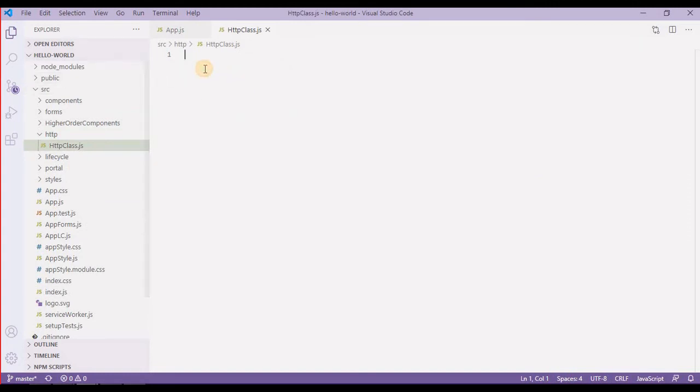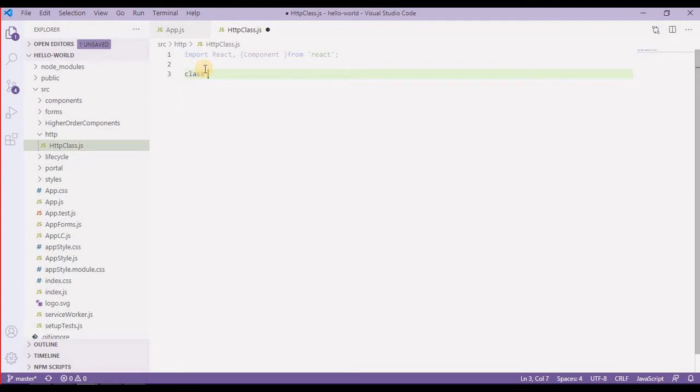Now this is a class component, so I'm going to create a class component. First of all, I will import React and also Component from React, and then I'm going to define the class.